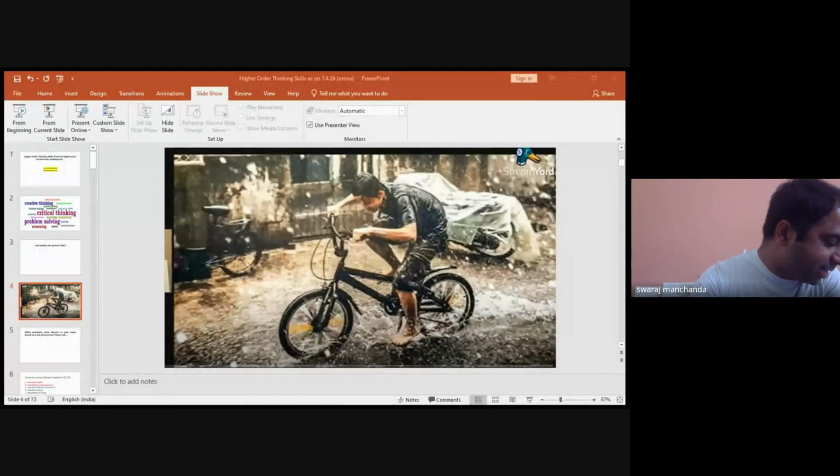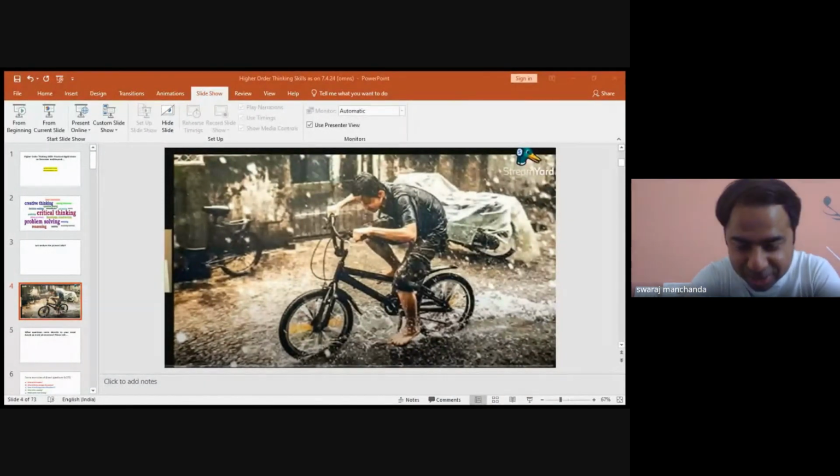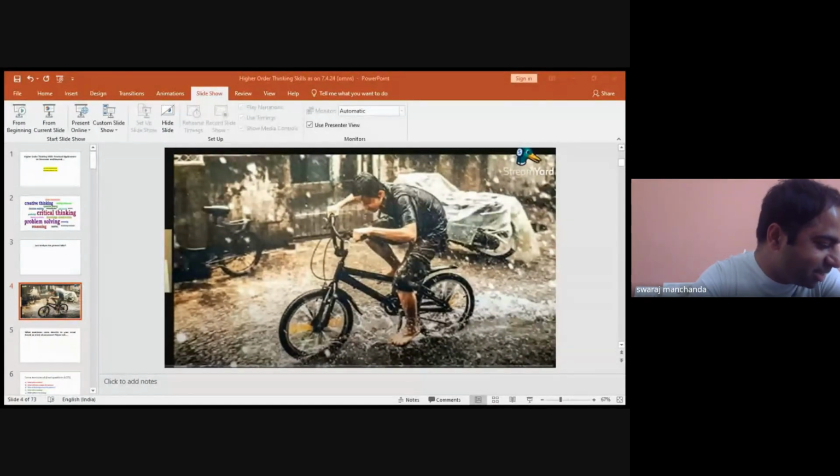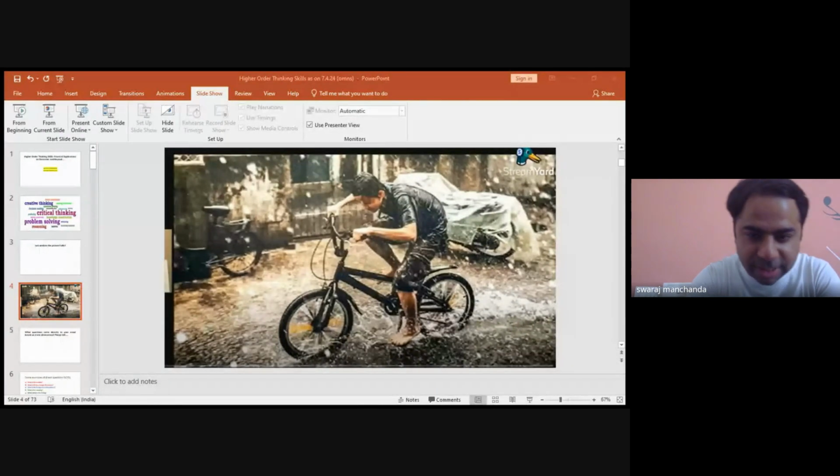So some people have written direct questions and some people have written indirect questions. We have intelligent people. They are writing both the types of questions. They have covered both the levels of thinking patterns that I wanted to tell. Okay. So when you observe this picture, there must be some direct questions that come into your mind like this.